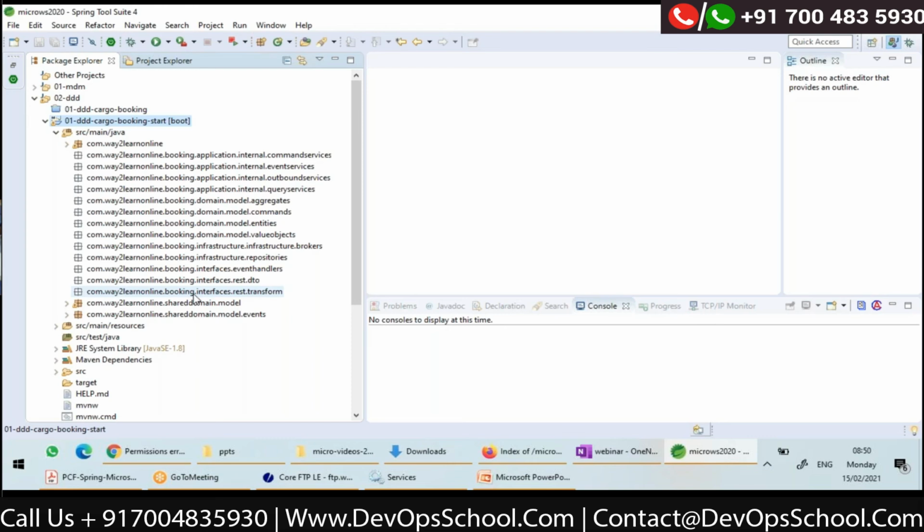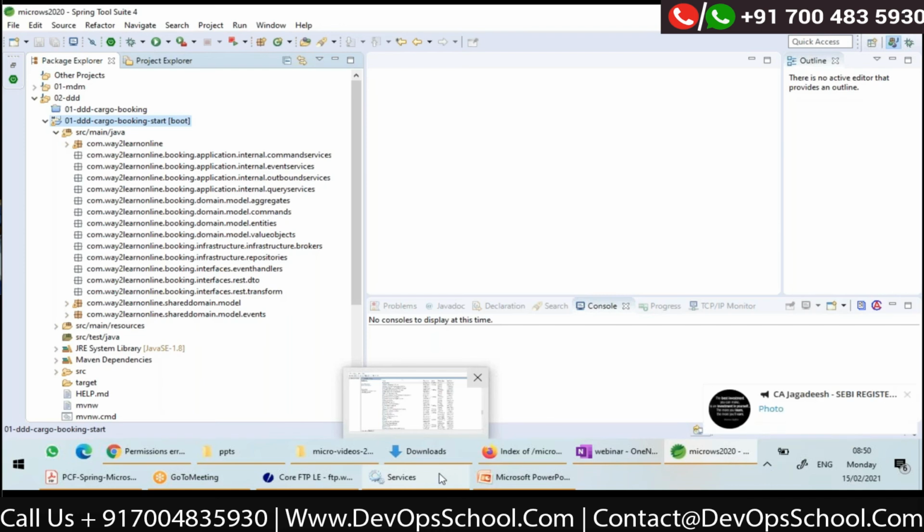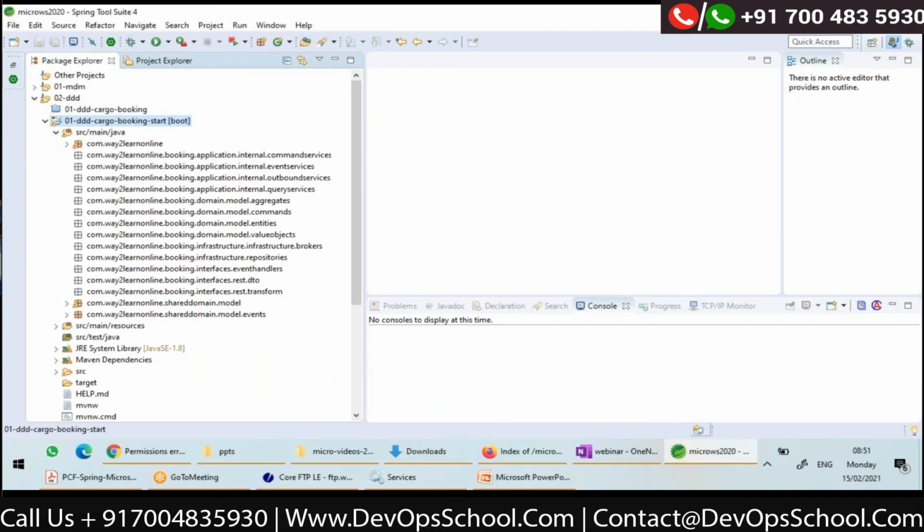In our application, I have multiple domains: booking, routing, handling, tracking. One bounded context might be dependent on another bounded context, and one bounded context might be publishing an event which another bounded context might be receiving.